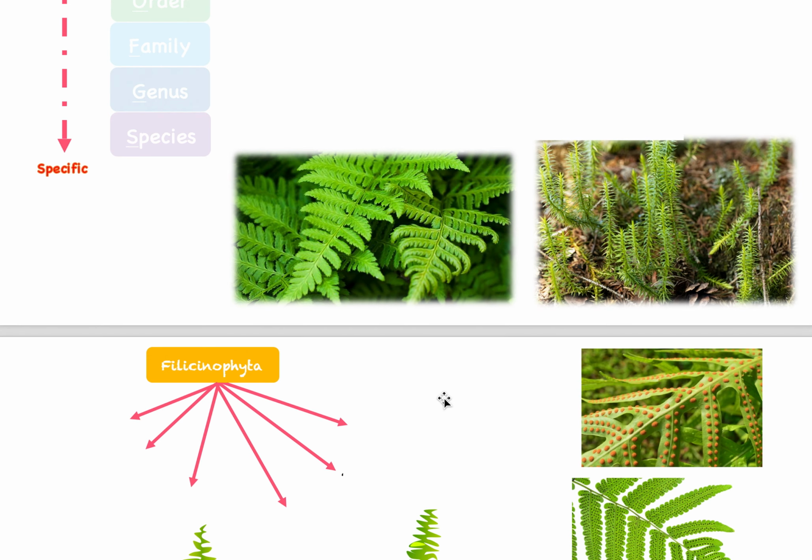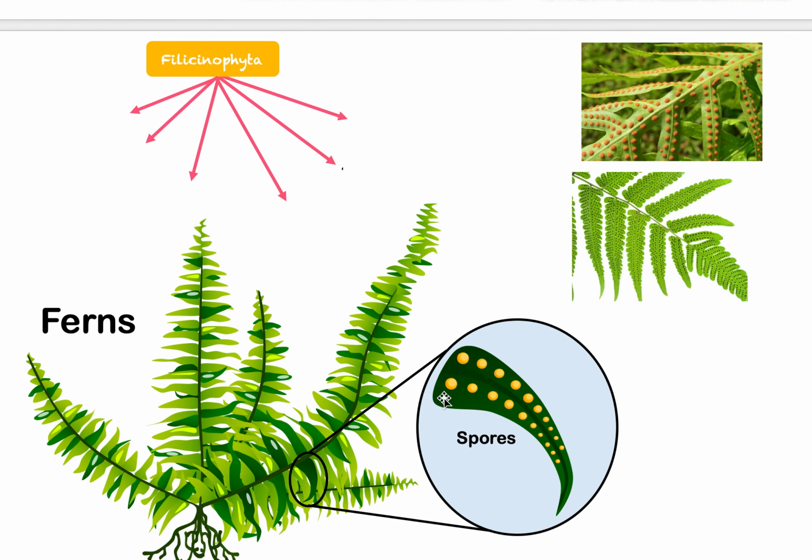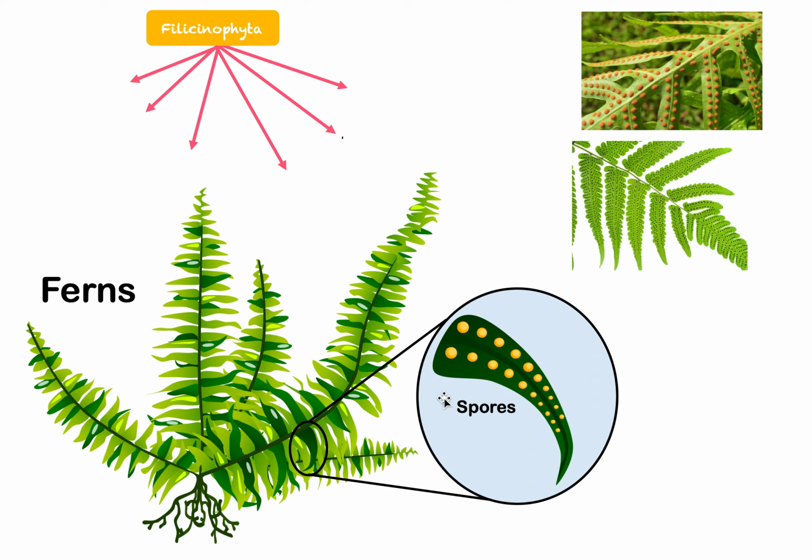So let's go in and look at what makes this category unique compared to the other one, the Bryophytas. So first of all, they're slightly bigger, right? That's one obvious one. Bryophyta was smaller. These are bigger. Secondly, they have proper leaves. Their leaves are much bigger and they're very pointy. Very pointy. We call that pinnate. Pinnate, right? Kind of like this, pointy. And another thing is,